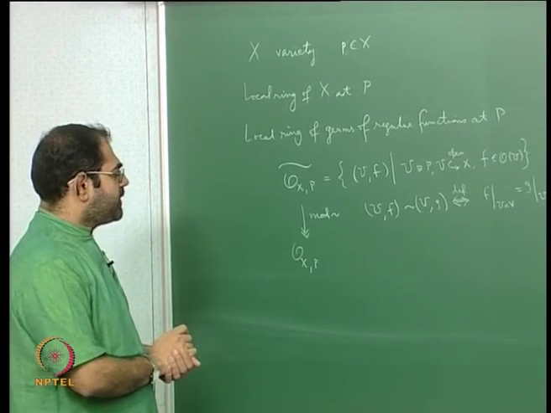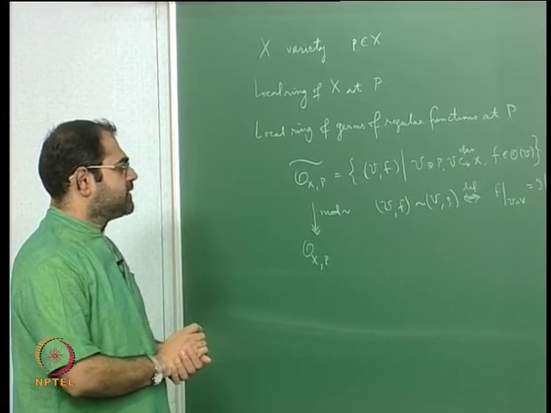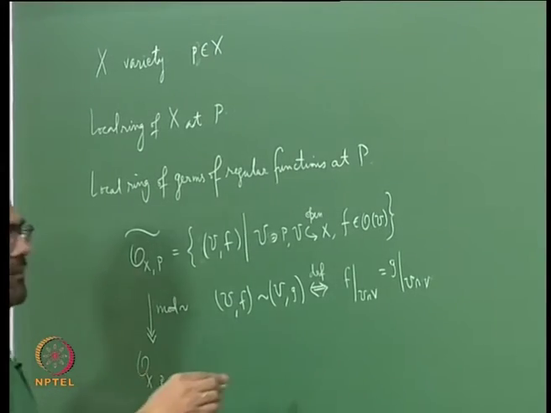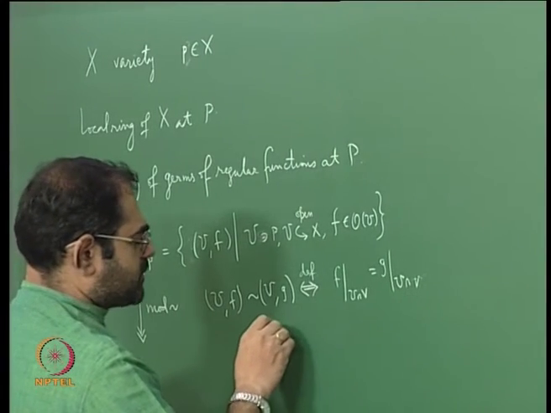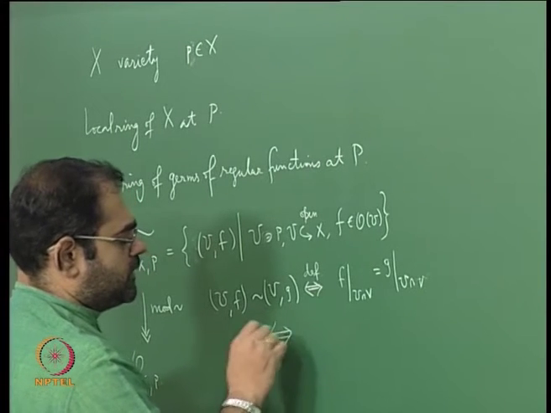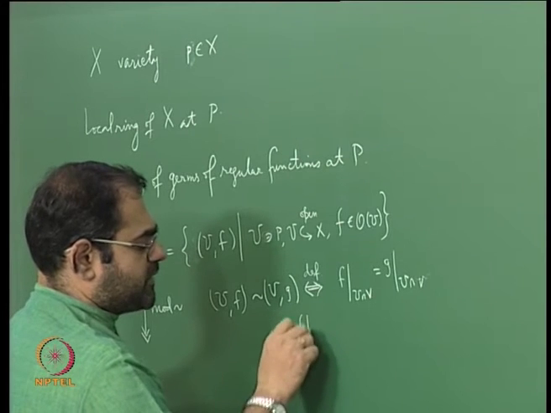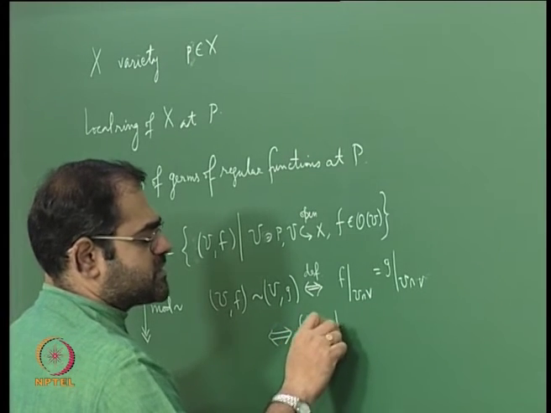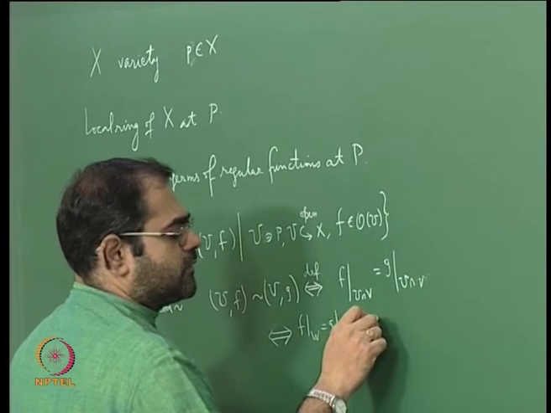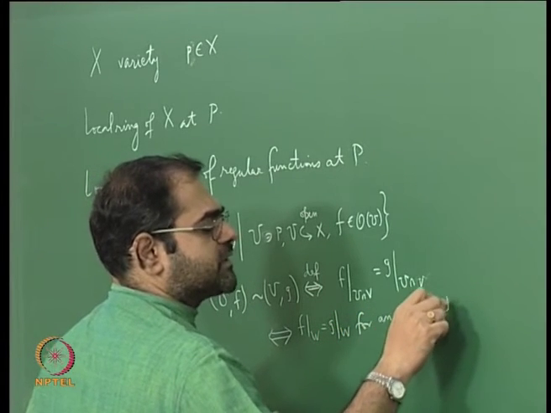You are just identifying functions on the intersection, and of course this is also equivalent to requiring that f restricted to W is equal to g restricted to W for an open W inside U intersection V,